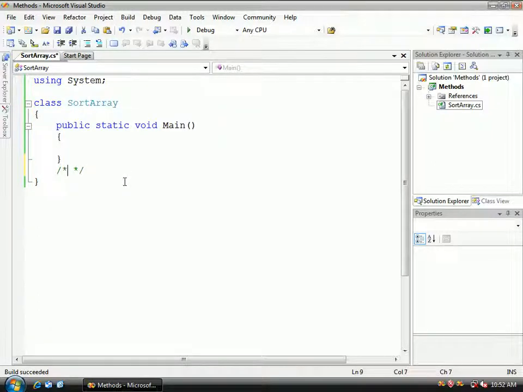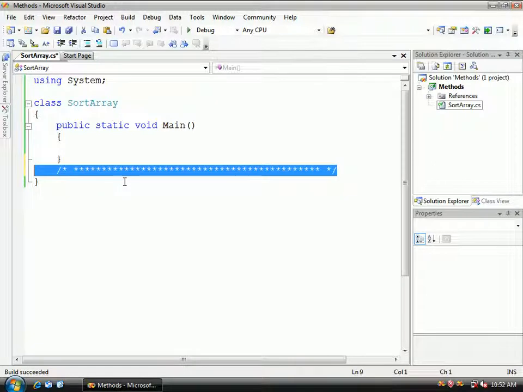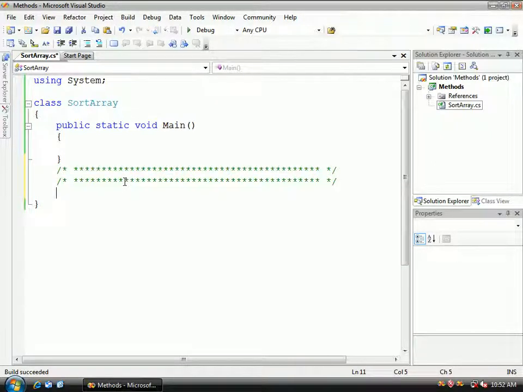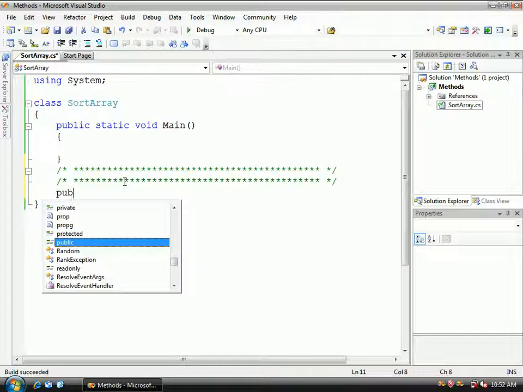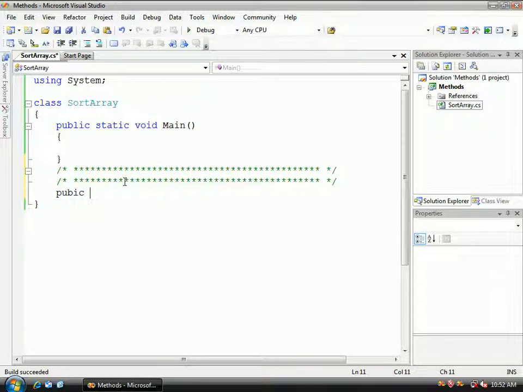Let's create some separators, just a line of asterisks, so we can have a break between our functions, because this can get pretty messy. And I'm sorry, I say functions, but I mean method. I apologize. So this method is going to be public, because we want to make sure that everybody can have access to it. So the main function can access this directly. If it was private, then other functions would have to access it for the main function. So we're just going to call this public, and this is going to be a void function, and it's going to be load array. And we're going to take an integer array,